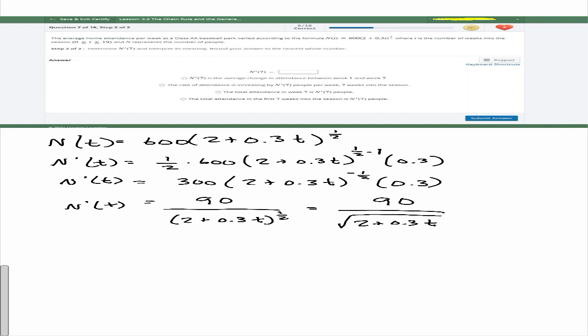Okay. So the question asks us to determine N prime of 7. Well, now that we got the derivative, all we have to do is put in 7 in place of T. So this would be 90 divided by the square root of 2 plus 0.3 times 7 on the bottom. And let's see what we get. So on the top we get 90. On the bottom,